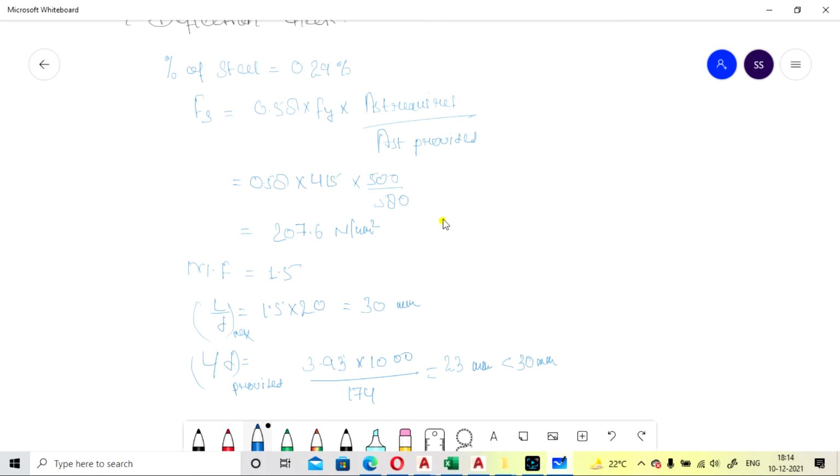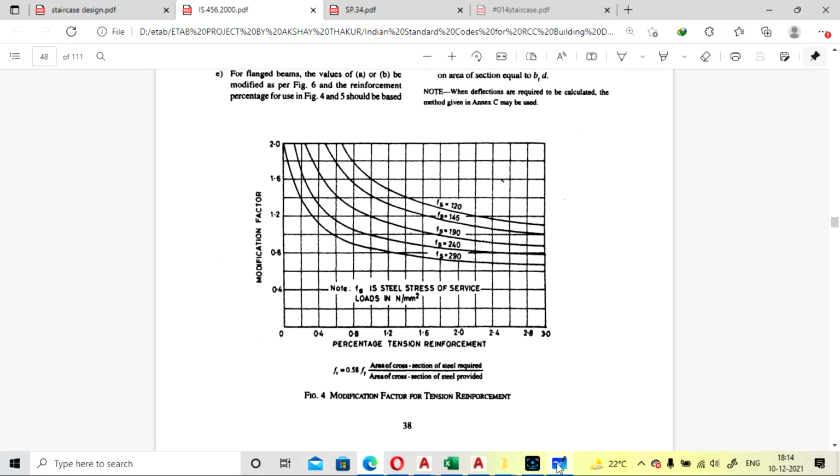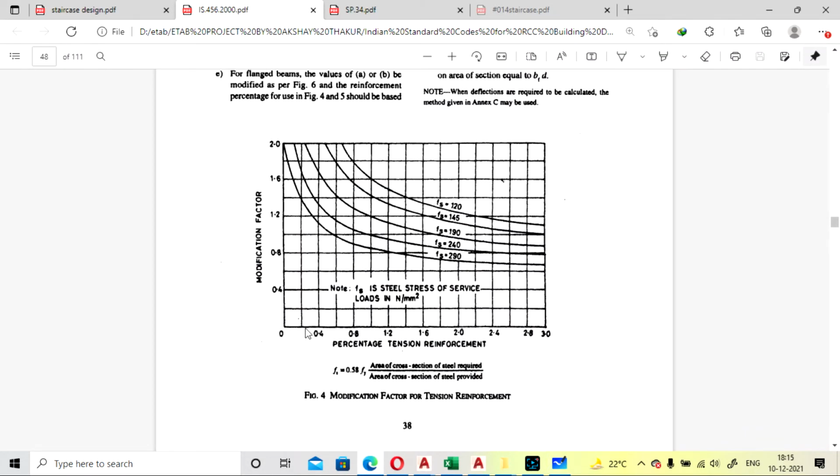So our value will come as 0.29 and fs we have calculated as 207. So 207 will come between 190 and 240, so it will come nearby here, and the percentage is calculated as 0.29, so it will become 0.3 here. If you follow a line and go up, 207 will come nearby here. Sorry, this will be a line.